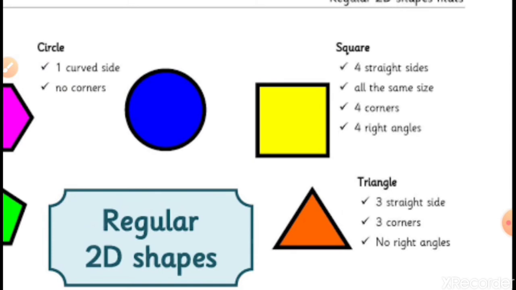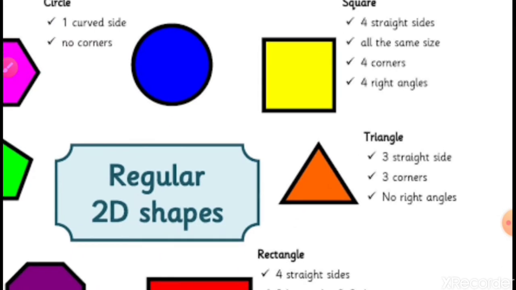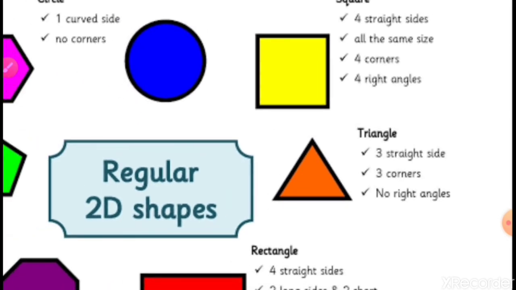As triangle, tri means 3. In a triangle there are 3 lines, so 3 angles are there. And in a square, since 4 sides are there, so 4 angles are there. About angles you will read, you will study later in senior classes. Then triangle. Triangle has 3 straight sides, 3 corners. I will not explain the right angle point, because right now you do not know about angles. So a triangle has 3 straight sides and 3 corners.